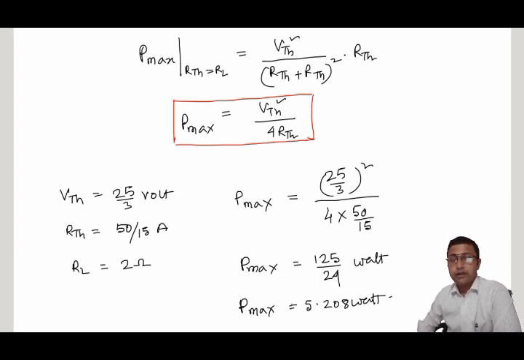Let me check the same problem using a MATLAB simulation. To achieve the maximum power I have to set the load resistance equal to the Thevenin equivalent resistance. But if I set the load resistance less than or greater than the equivalent resistance, I will not find the maximum power. That must be verified by the simulation. So if I go to the simulation,